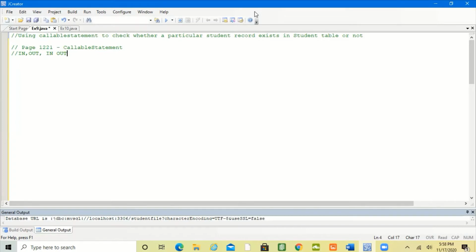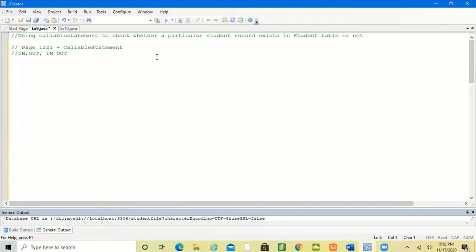Then you have INOUT, the two things together. This parameter contains the value passed to the procedure when it is called, plus the value returned after the procedure finishes its execution.